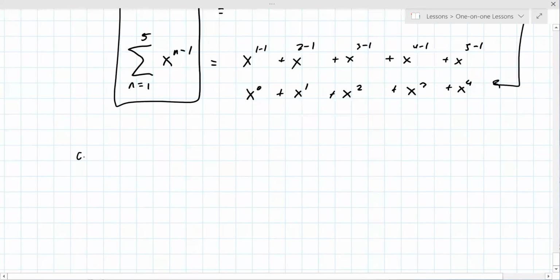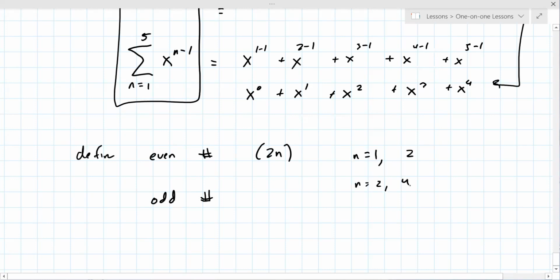Now, do you know how to define something that always produces an even number, and then how to produce something that always produces an odd number? I do not. Okay, so this is something you want to know. 2n always produces an even number. Like if n is 1, you get 2. If n is 2, you get 4. If n is 3, you get 6. Like you follow that, right? Yeah, because an even times even equals an even, and odd times an odd equals an even too. So 2n minus 1 or 2n plus 1 give you